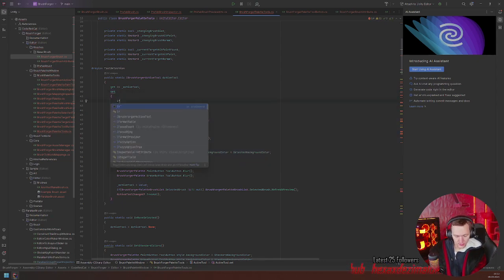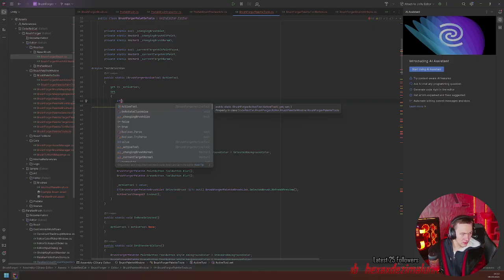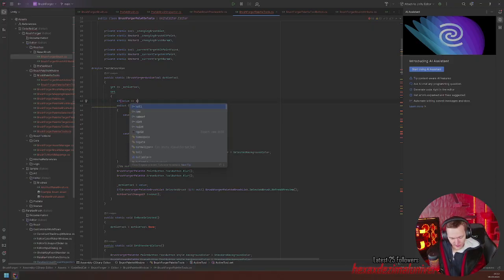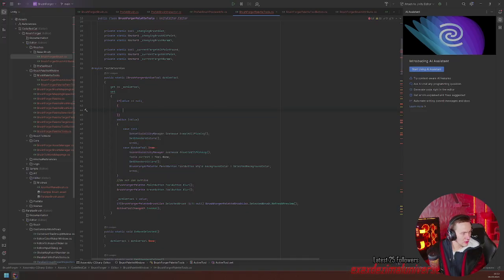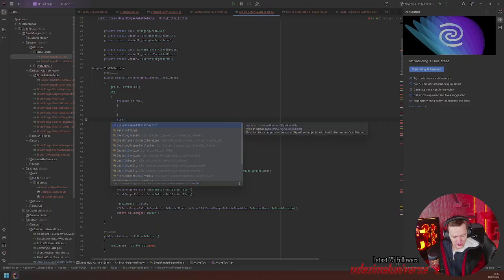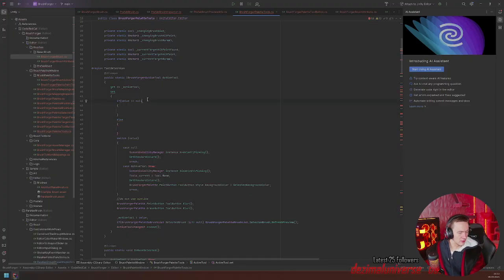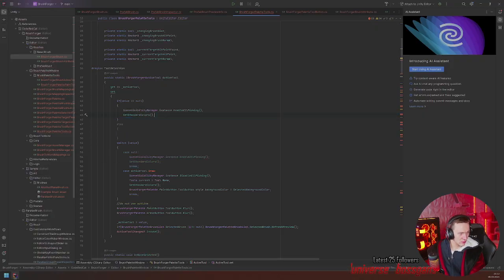That if value is null else. Okay. Only had two cases. That's why we don't need to define that much.